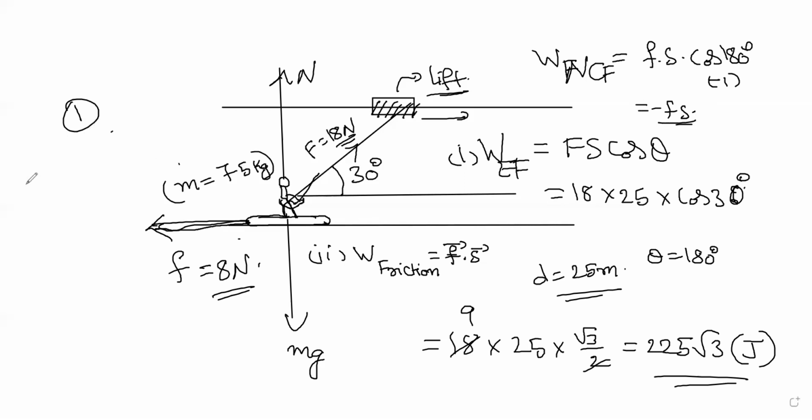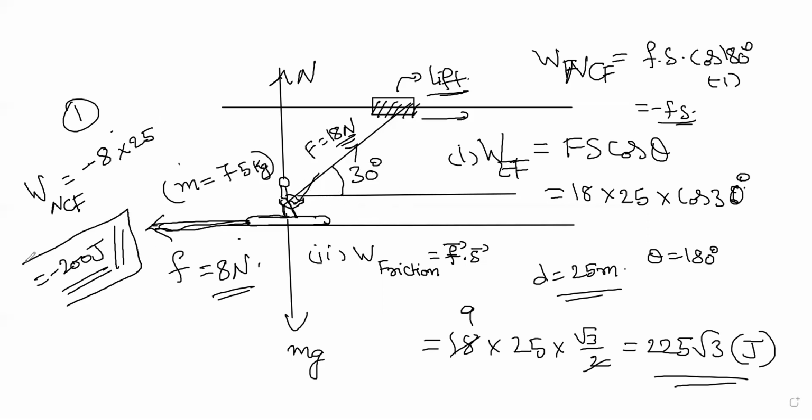There may be a situation where the friction is causing some kind of movement. It's a very rare case you may see. Non-conservative force, that is frictional force, friction is 8 newtons. So minus 8 times the displacement, which is about 25. 25 times 8, that is negative 200 joules. So the negative work means it is trying to stop the skier's movement. It is not allowing the skier to move. That's what the negative work done is. That is a non-conservative force.